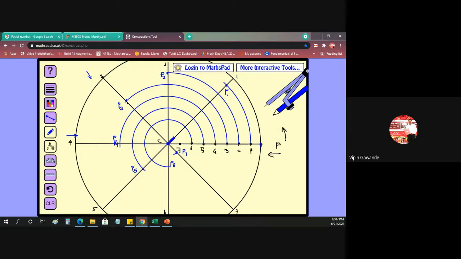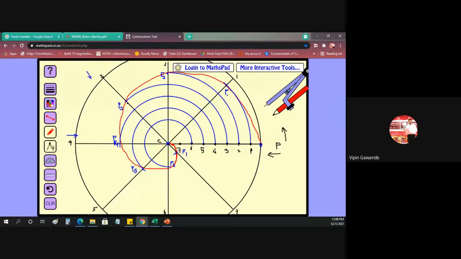Okay. Now what do we have to do now? Again, we have to use the French curve, and we have the point P. It has started from here, then it goes to 1. Okay, you have to join this 1 point, then you have to join this 2 point. Okay, then you have to join this 3 point. At 3 divisions, it goes inward. Then 4 divisions, it goes inward. Then 5 divisions, then 6 divisions, then 7 divisions, and finally it goes up to the center. It goes up to the 7.